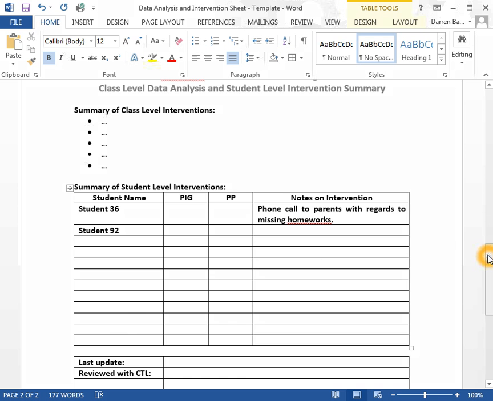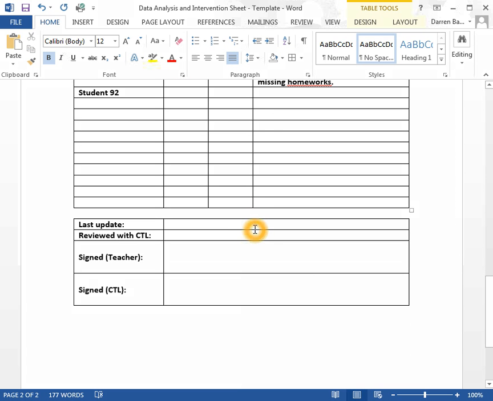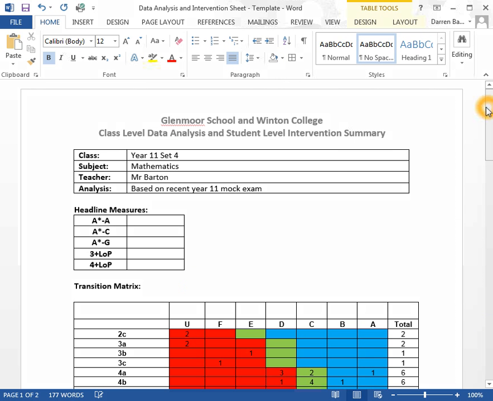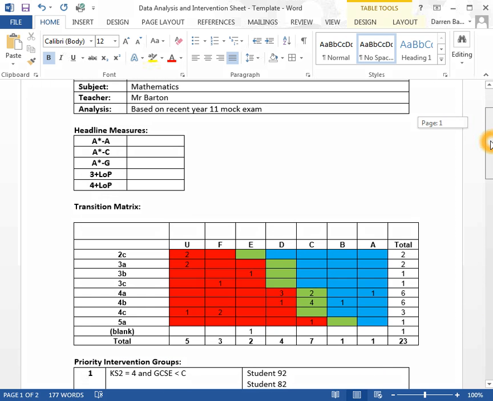In terms of final things I want to do, I'm probably going to want to update it on a half-termly basis. I'm going to want to review it with my head of department or curriculum team leader and sign it off. So I hope in terms of using a sheet like this, it gives a really, really good summary of the key metrics, the headline measures,